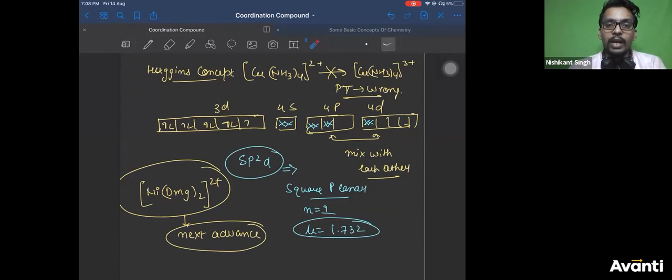Right. Why is one orbital in p left? Chandan, see, we are trying to explain how hybridization involves d orbitals. So we said it does not matter whether it uses 4p or 4d. They have the same energy. Since they have the same energy, we can use any of these two orbitals.